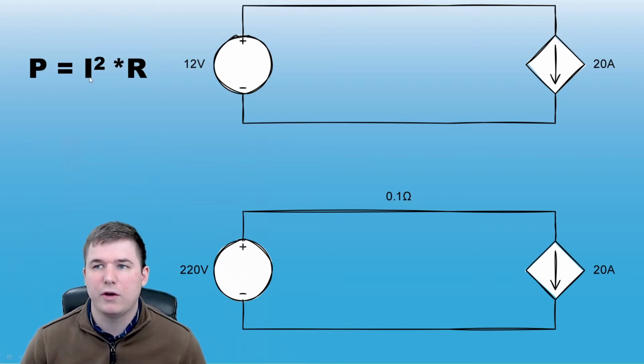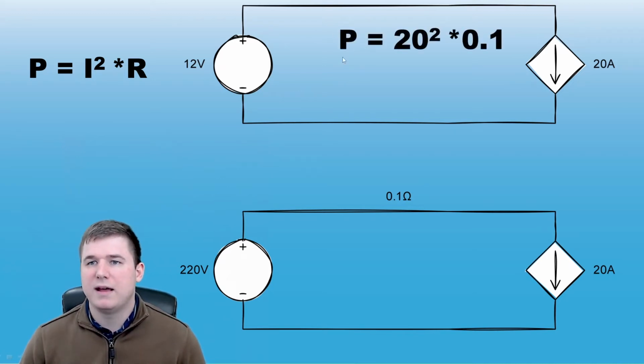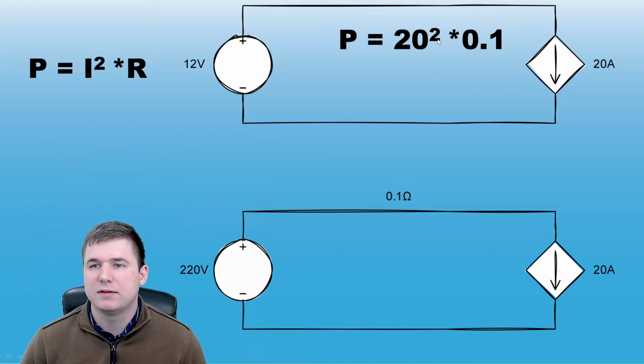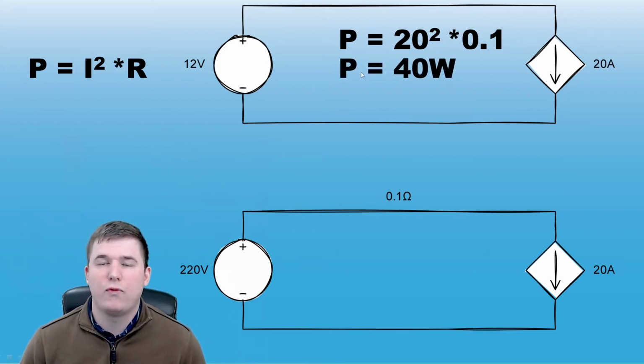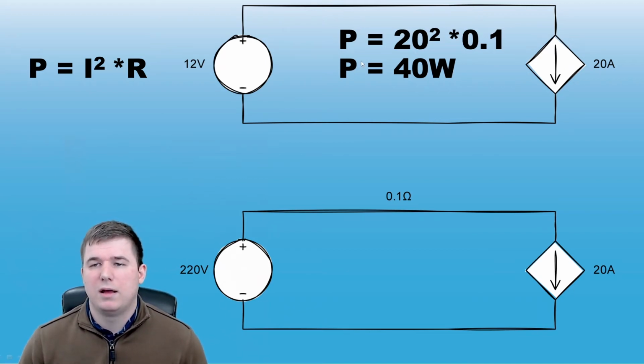We know what the current is, we know what the resistance is, so let's plug those in and find the power loss across this wire. That's 20 amps squared times 0.1 ohms, and that gives us 40 watts of power lost in each of these wires. So 40 watts going to the load and 40 watts returning back to the supply. So that's 80 watts total of power loss